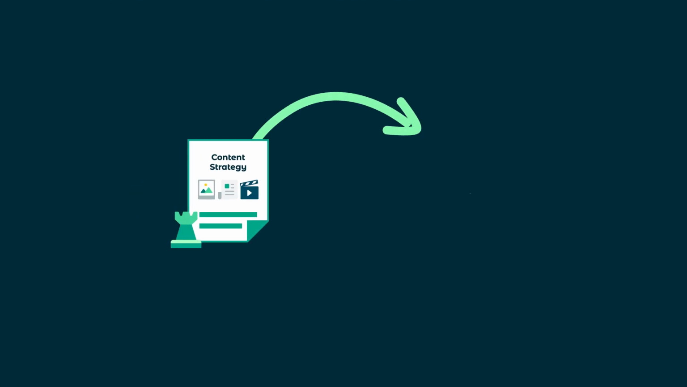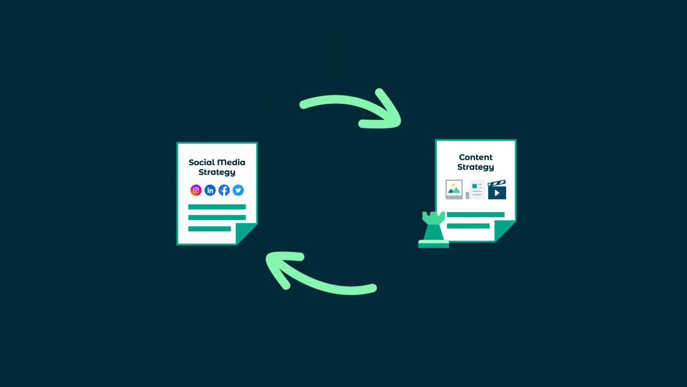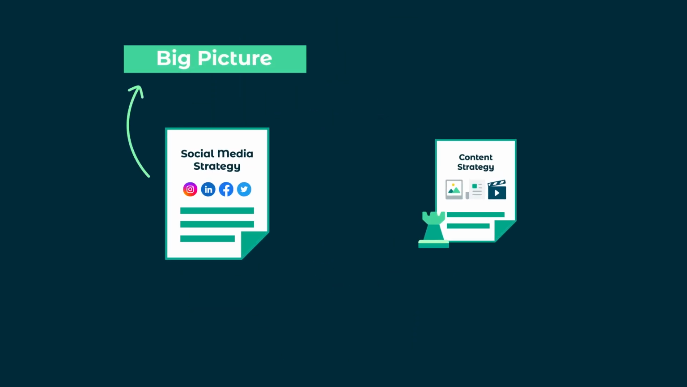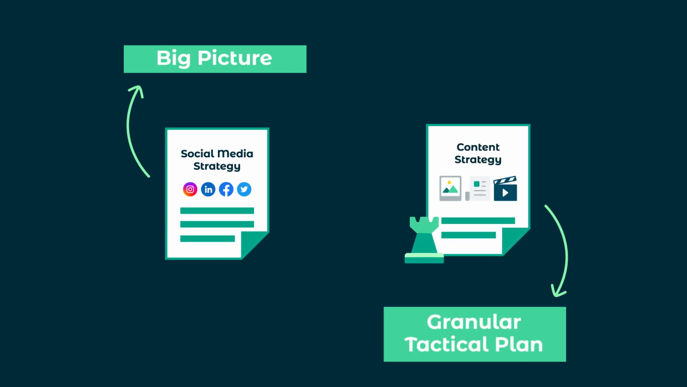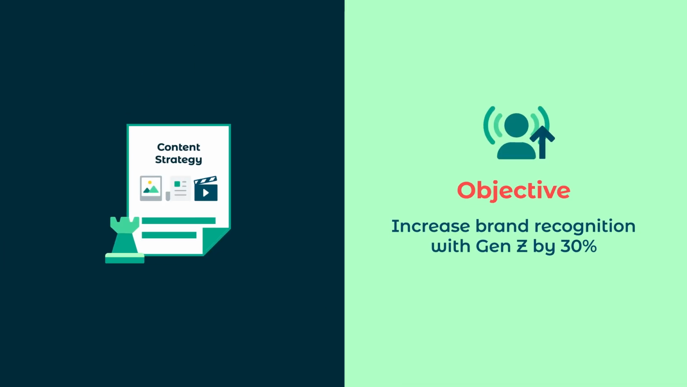Your content strategy works together with your broader social media strategy to create one complete plan. Think of your social media strategy as the bigger picture for what you want to achieve, and your content strategy as more of a granular tactical plan for using content to get there. Here's an example. If your objective is to increase brand recognition with Gen Z by 30%, your content strategy could specify a posting rate for TikTok and an influencer takeover on Instagram, giving you more opportunities to connect with your